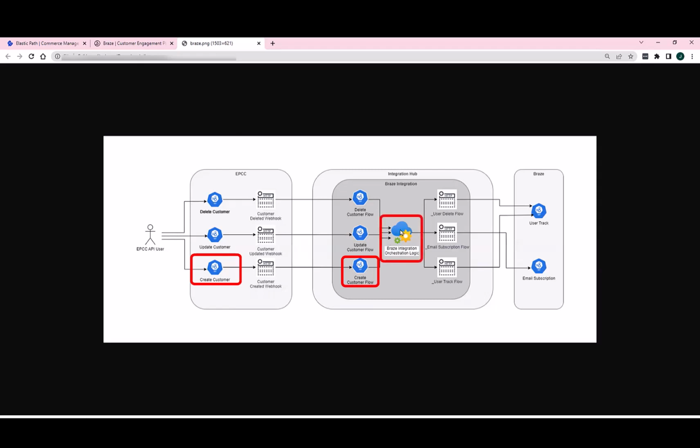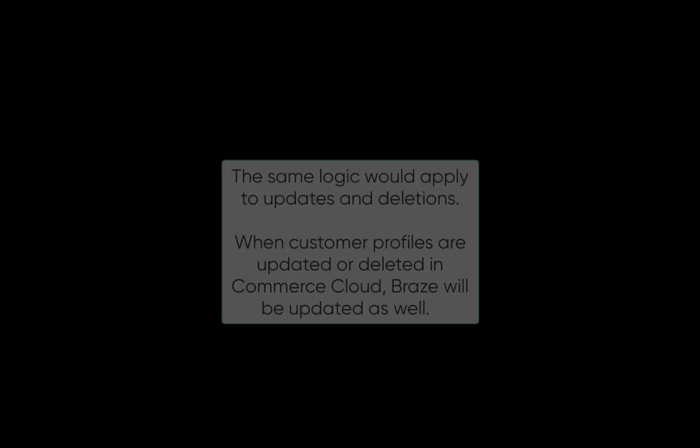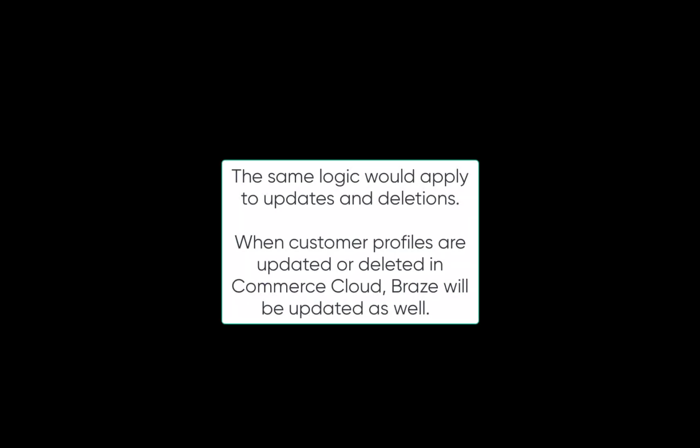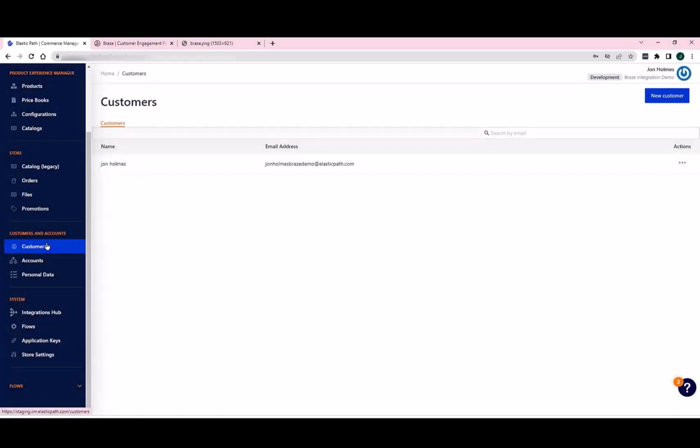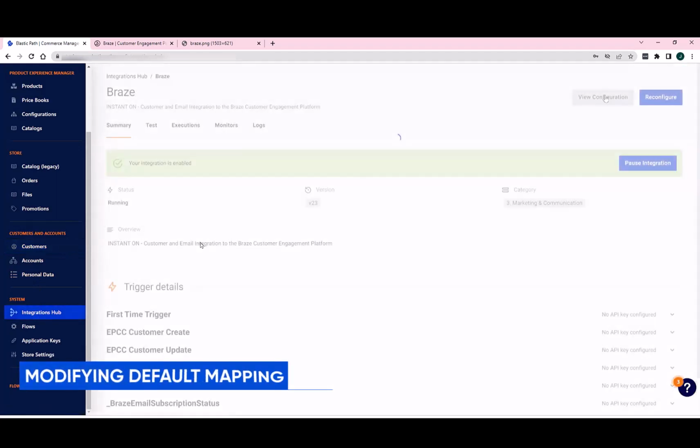We can see that my create customer initiated the create customer flow. Inside the integration's orchestration logic, we've made a post to user track and email subscription flow, and each of those have posted to their related Braze APIs. So within Braze, we've now created a customer profile, and we have set an email subscription status for the email address that was associated with our EPCC profile. So the thing I now want to show is to go back and look a little bit more at the configuration,